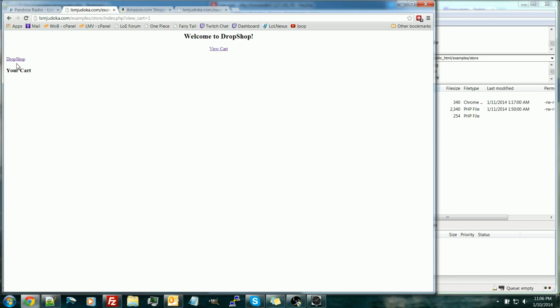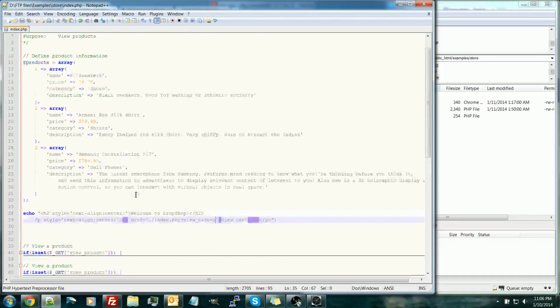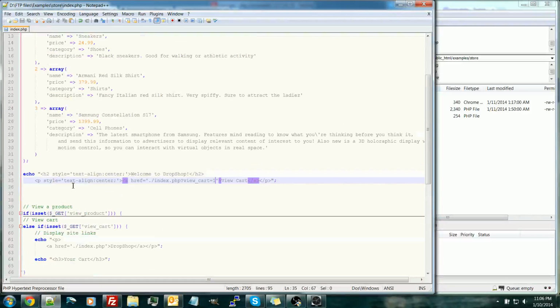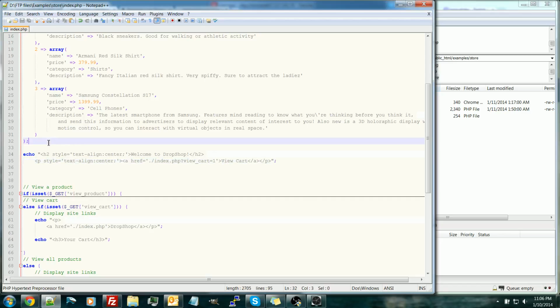Okay, so we now have it saying your cart. We can still go back to the main page with this menu. So that's good. Now we want to actually be able to add products and remove them. So what we need to do is we'll go ahead and add